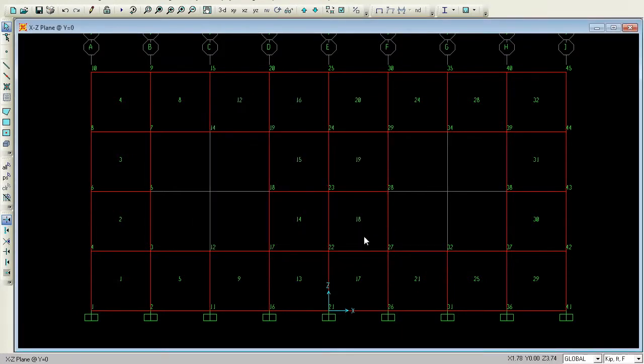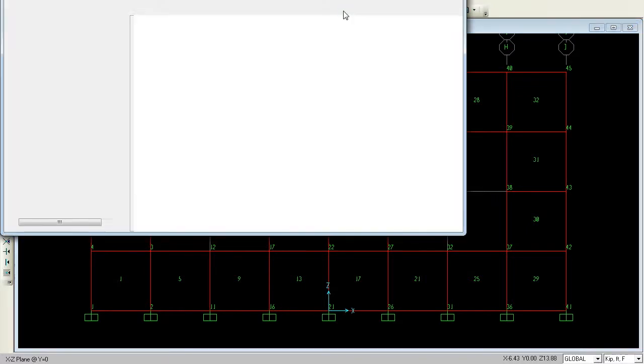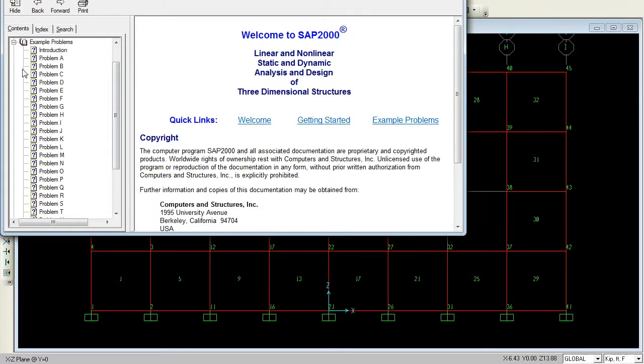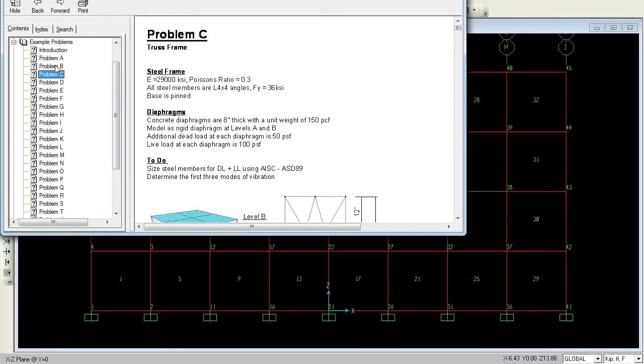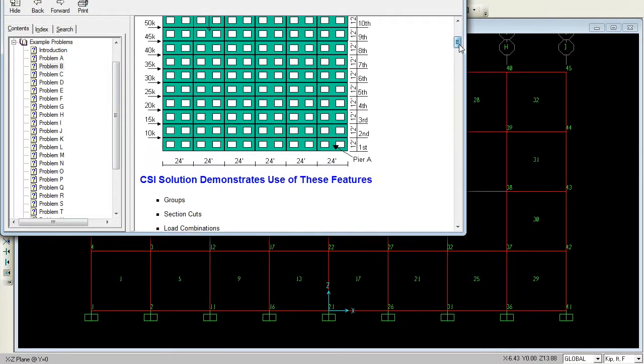So now, if you see the example over here, I'll just try to show you. In the continuous index, you have examples over here. If you go to problem number B, this is my entire frame.